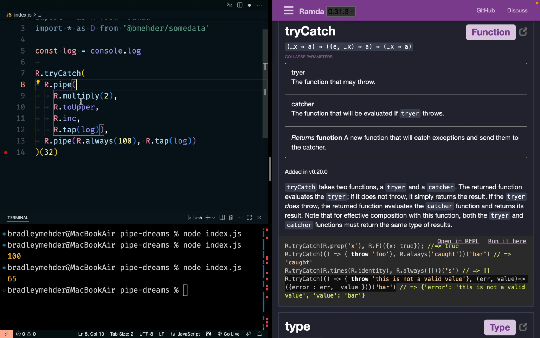And of course, you could wrap every function in its own tryCatch, and that would be a whole other level better, because you could have control over your error message or your catcher function for each thing. But again, we'll find that it's better to use something like a Maybe or a Result or an Either type. And when I say better, that's in the eye of the beholder. But